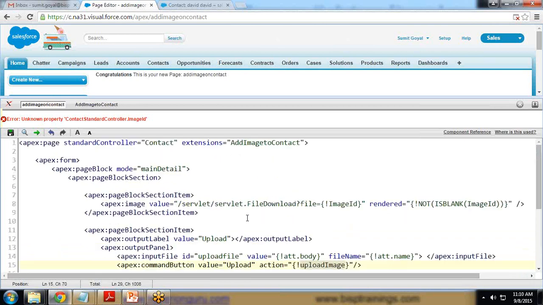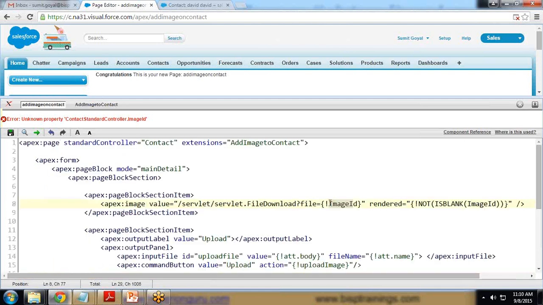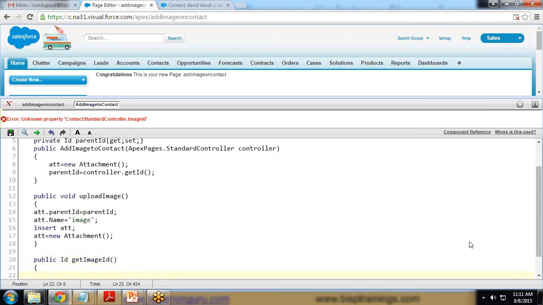And now because we are going to display the id in this section, it is asking for image id, so we need to create a function here, public get image id. Basically it will return the id, so it will not be void, the return type will be Id, and getImageId. The name will be the same, so I copy this. We need to make sure the names are the same because it's case sensitive. So imageId,